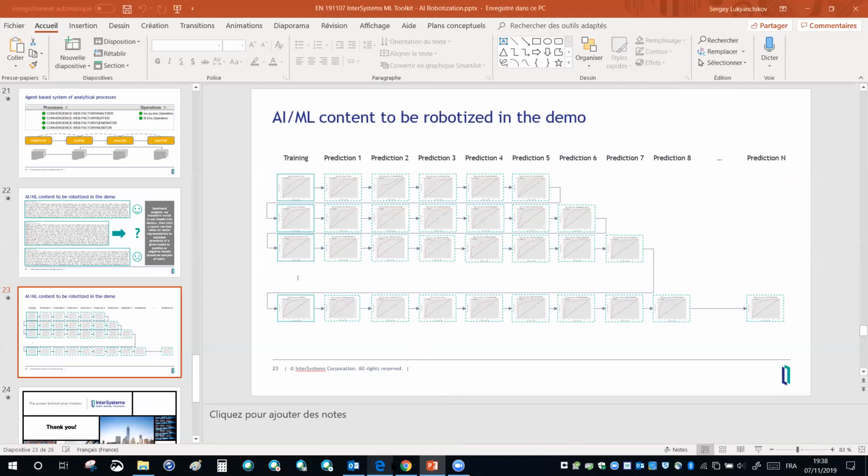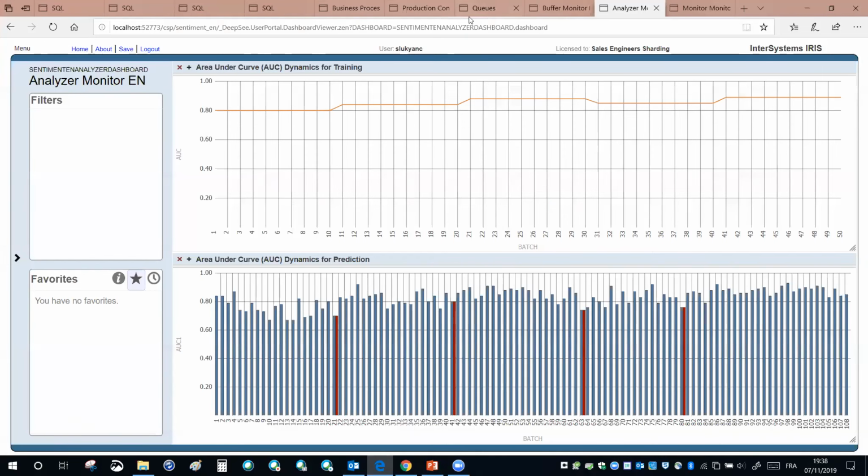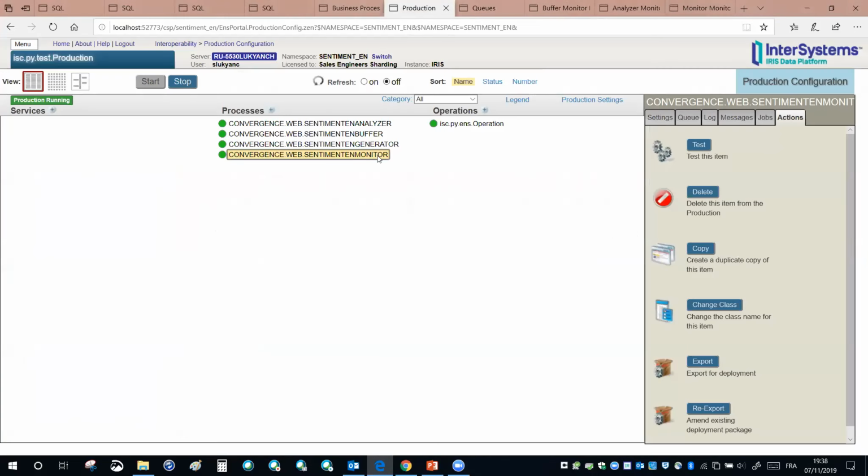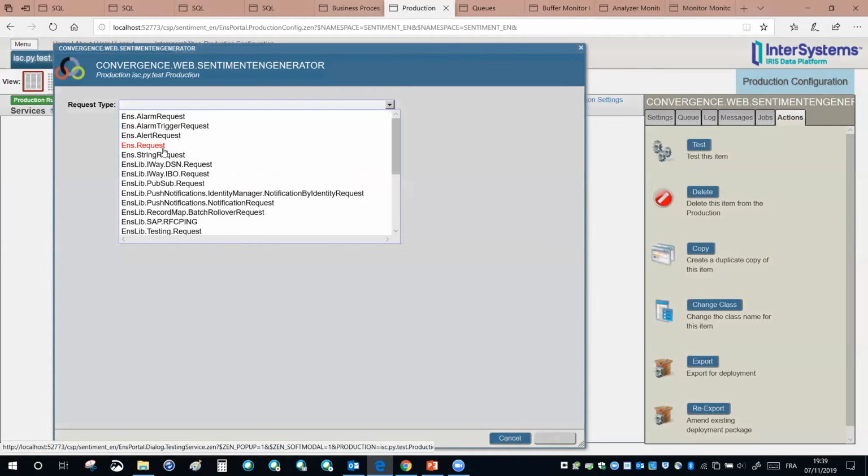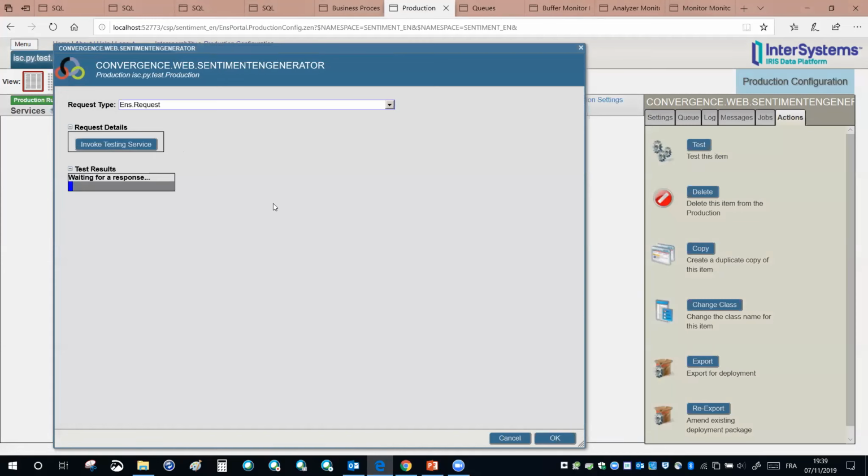And so to prevent any surprise, before I really go into the monitoring process, I will be explaining everything using my tables here. It will be a short initial period when I'll be forced to use those tables because my dashboards will start working only when I start the monitoring process. But that will be short and probably also informative. So what I'm doing, I'm starting first the generator process to start generating the input data for the system. Sending it a simple message.